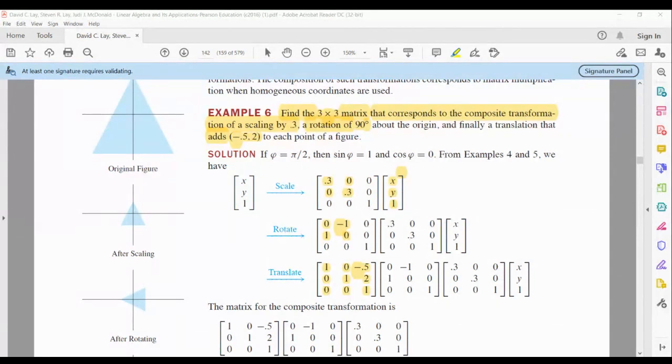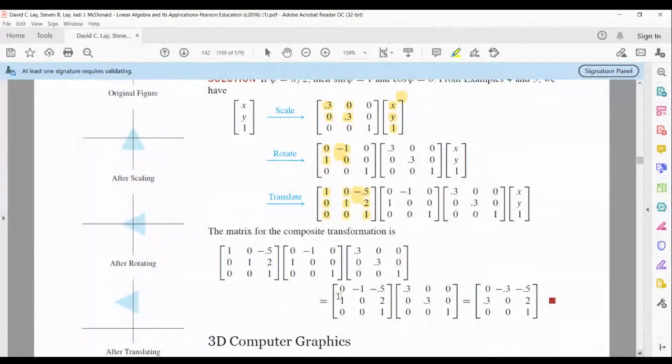All right, and so now, what would the effect be of multiplying the three matrices together? Well, first of all, this would be the matrix you need. By multiplying the three transformation matrices, you end up with this matrix here. First row is 0, negative 0.3, negative 0.5. Second row is 0.3, 0, 2. Last row is 0, 0, 1. Okay, and the effect, let me see,